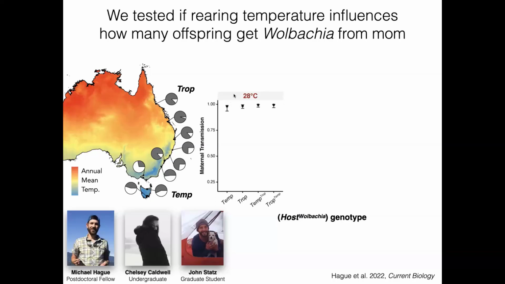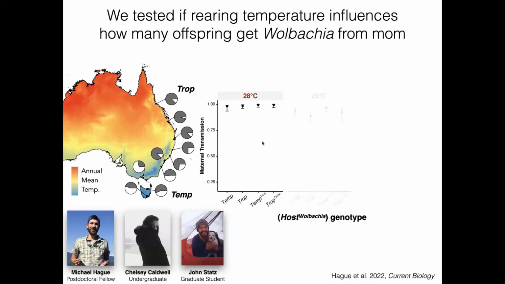On the x-axis, we have temperate genotypes. Those are Drosophila melanogaster genotypes sampled from the temperate zone infected with wMel. Tropical genotypes, those are genotypes sampled from the tropics infected with tropical wMel. And then we have each of those genotypes where we've reciprocally introgressed them. So temp-trop here in superscript would be a temperate Drosophila melanogaster with a tropical wMel Wolbachia and vice versa. And this enables us to look at interactions between host and Wolbachia genomes,